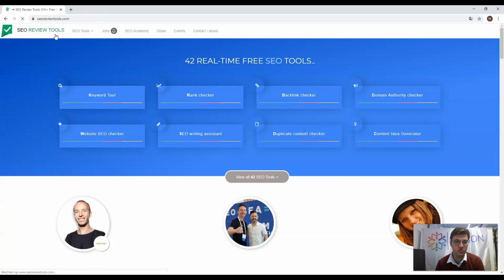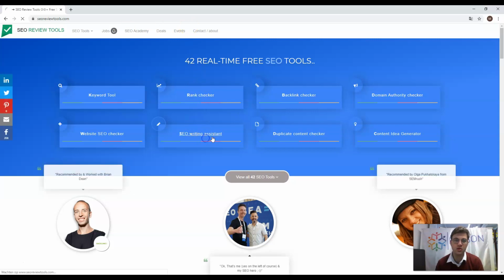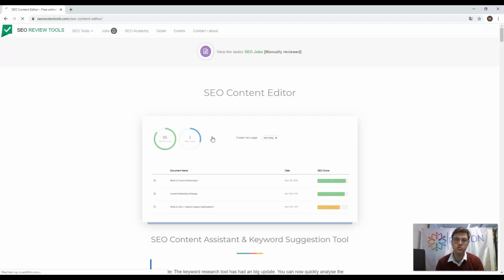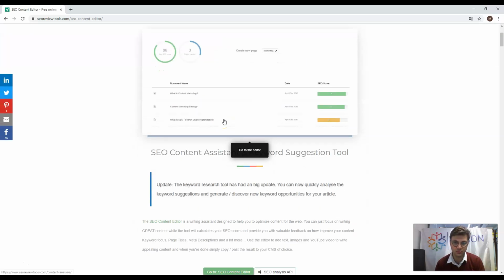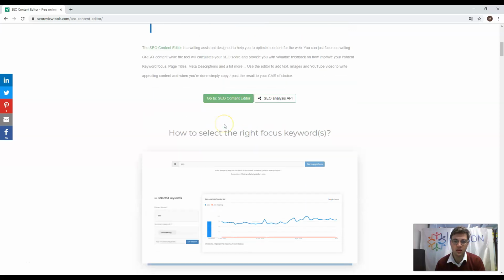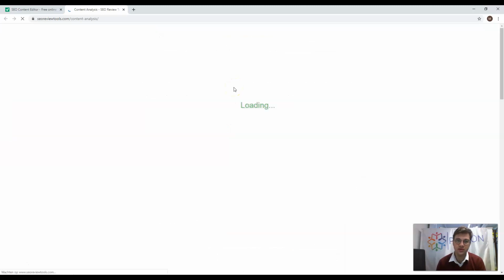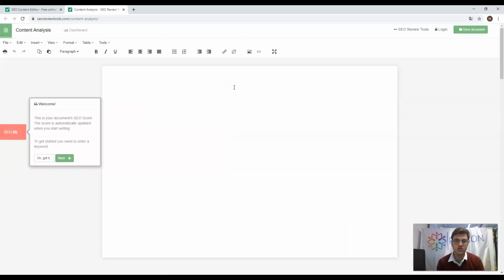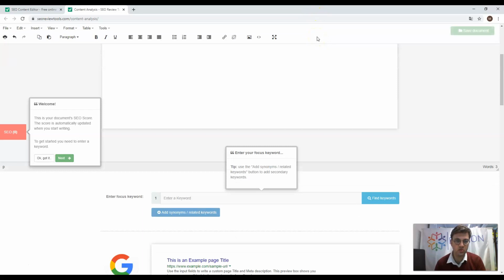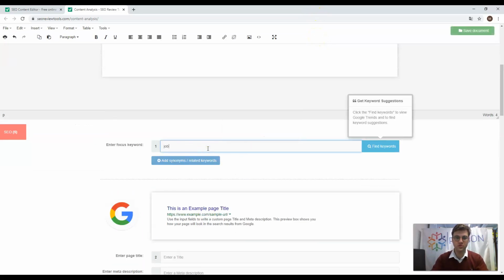We go back to the SEO Review Tools as we know this, and we were thinking about what we can write on our website. So we will use the SEO Content Editor. And you have different tools that you can use. For example, the SEO Content Analysis. Is the text you're using on your website or on any other social media platform really optimized for Google? You can type in here, job seeker seeks job, and under it you can give a focus keyword, for example job seeker,